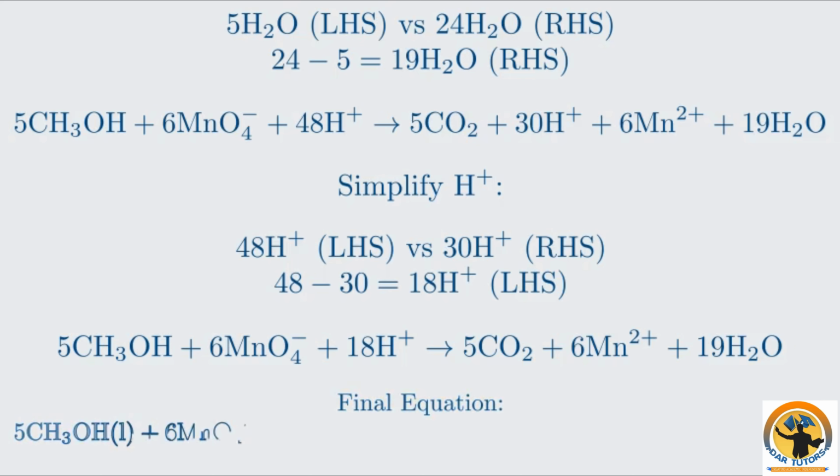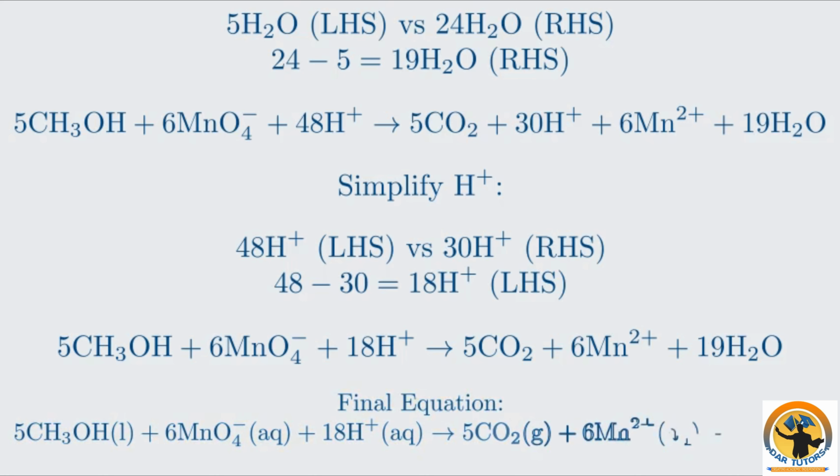H3OHL plus 6MnO4 AQ plus 18H plus AQ, BCO2G, SMN2 AQ, 19H2OL. To recap, we used the ion-electron method to balance a redox equation by finding the least common multiple of